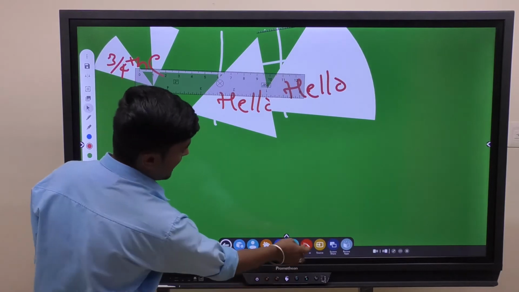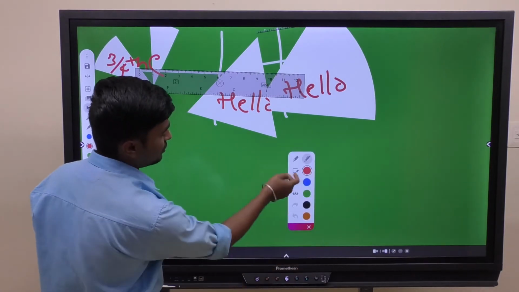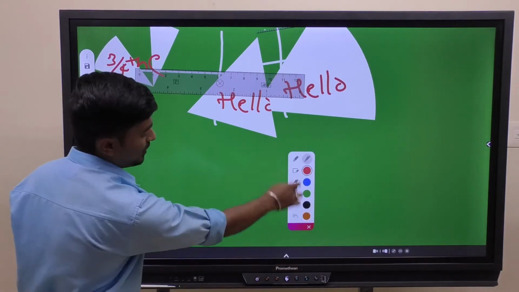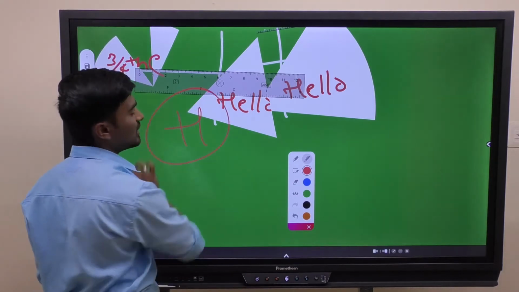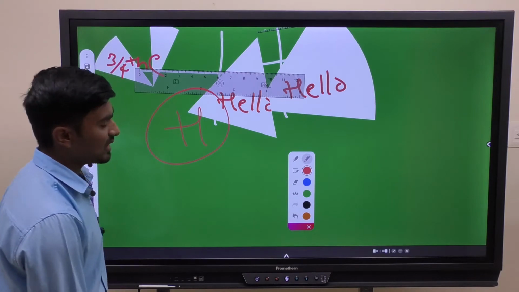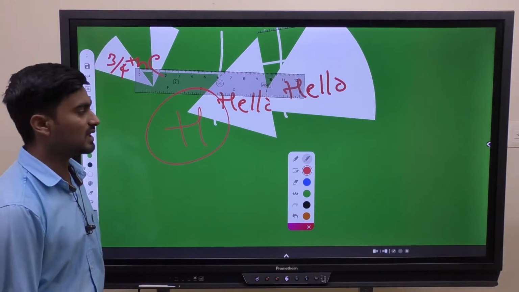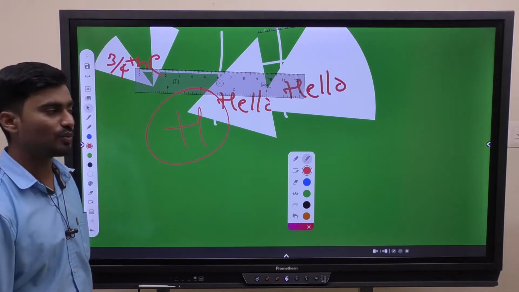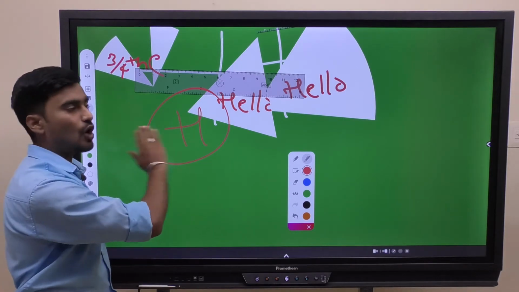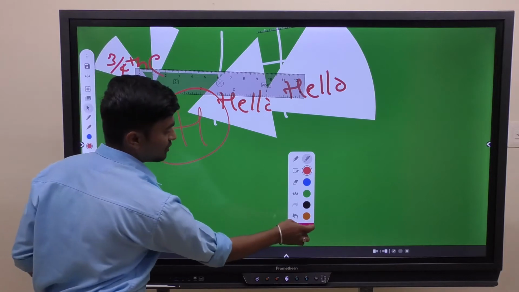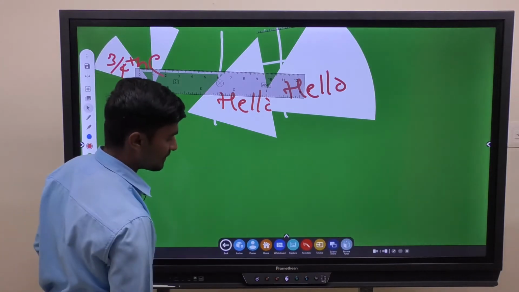Now the next thing is annotation. For annotation, from this universal menu, it will pop up one single panel. With this we can write and annotate any kind of material like PDF, PPT, live video, YouTube, Chrome, whatever application it may be. This acts like just a top layer mirror, so we can use it for annotation purposes.